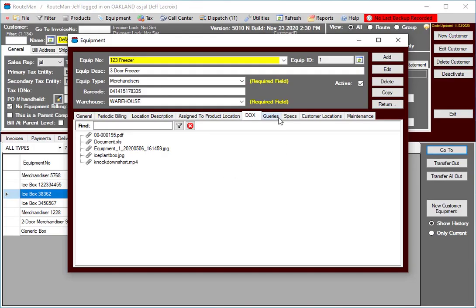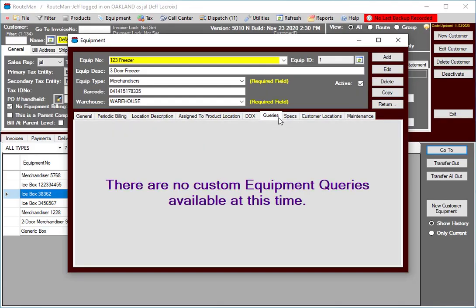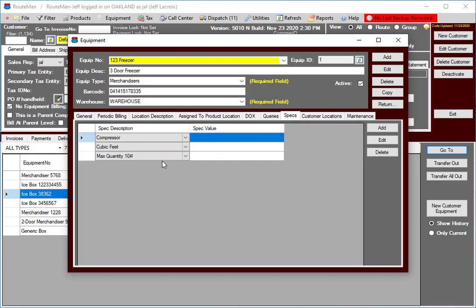The Queries tab is not currently being used. This was designed in case companies had particular search and export queries that had to do with equipment, and at this point we don't have any of those. Specs. This allows you to create other fields of information that you would like to keep track of that may not exist in the General tab. So you can see a couple examples that I had in here that I wanted to enter, and then you can come in here and edit whatever